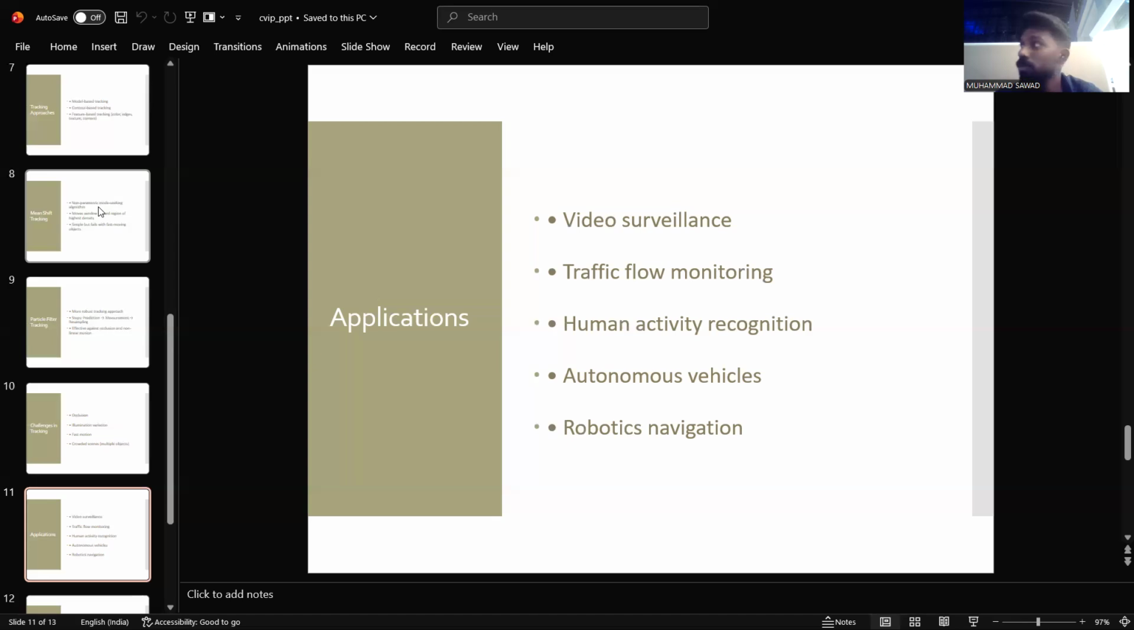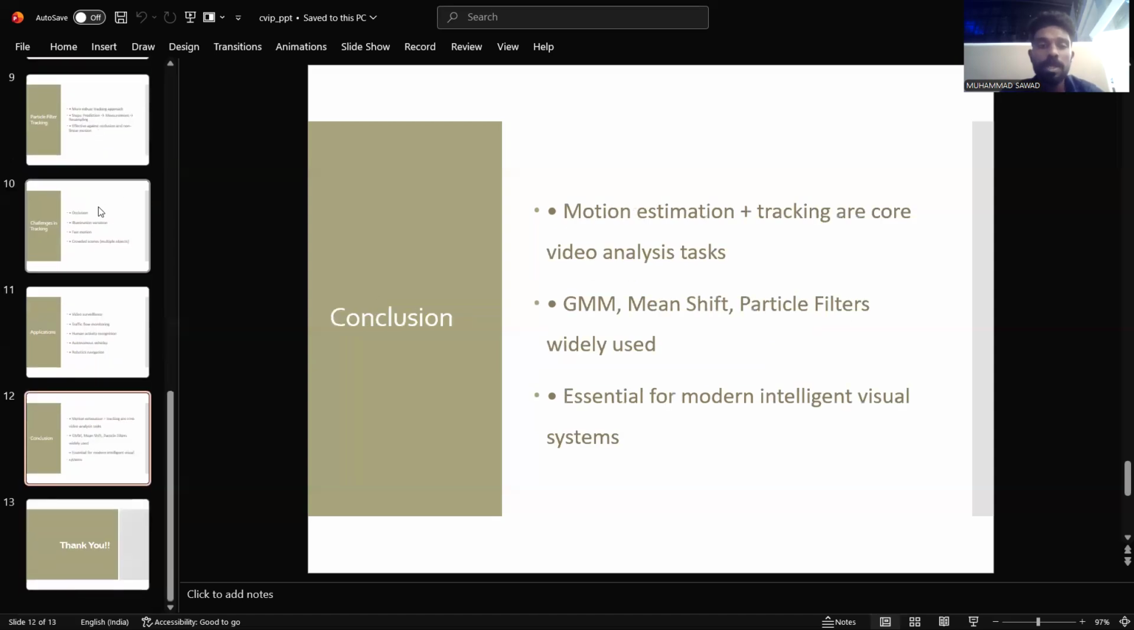Robotic navigation also uses tracking, which allows robots to correctly identify and process their activities. So they enable systems to understand motion and interact with the environment intelligently. So at last, for the conclusion,